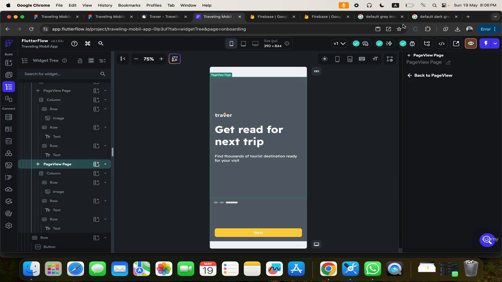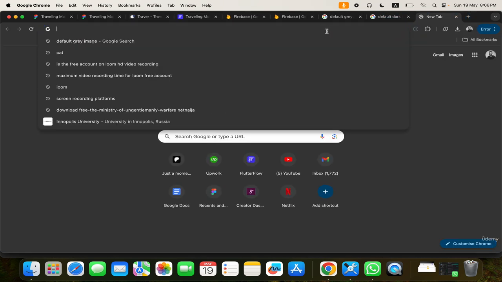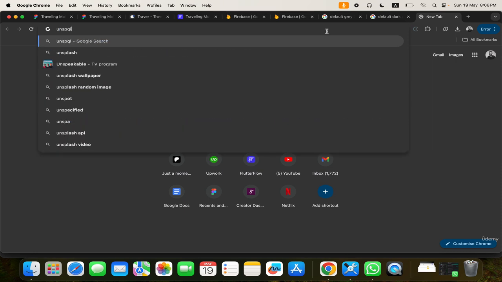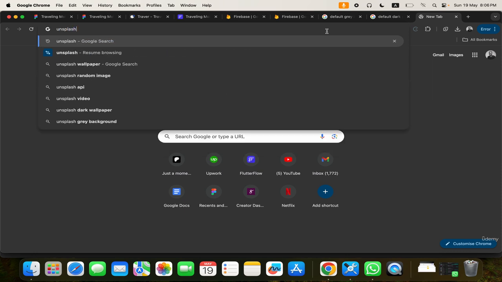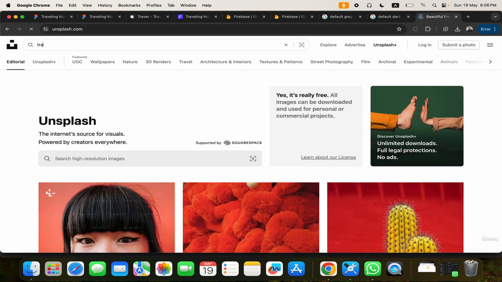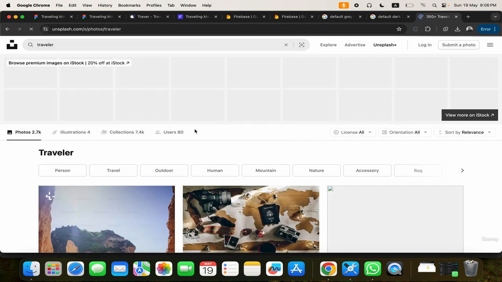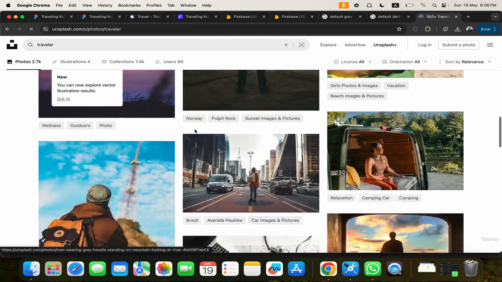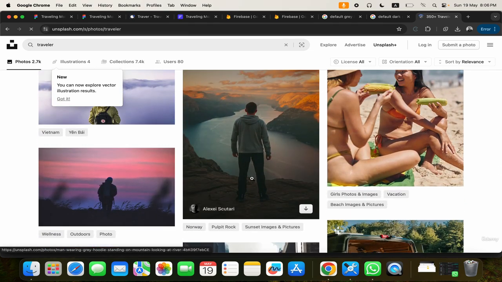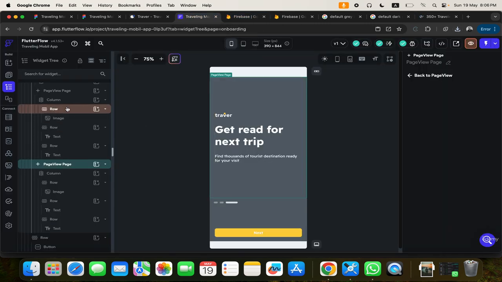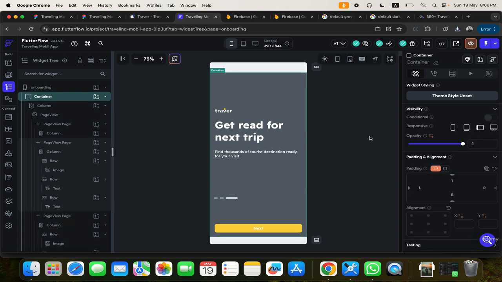Now I know you might be wondering, why don't we just use an image? So let's go to Unsplash, unsplash.com, right? And this is where we can get unique pictures. So let's say traveler. So we need a traveler picture that is dark, right? I think this is good actually. So if we can download this. So it says Alexei. So now let's come over here and go to our widget tree, the container, and scroll